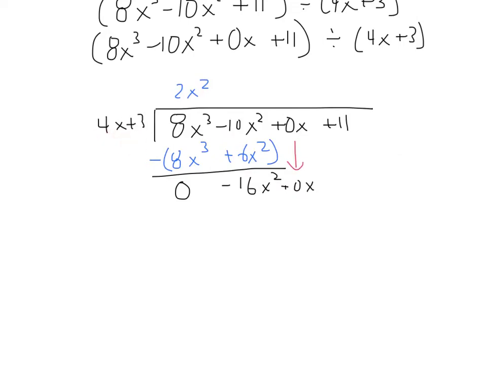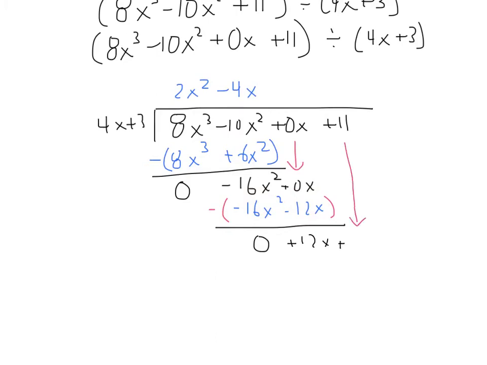How many times does 4x plus 3 go into negative 16x squared? That would go in negative 4x times. If we're multiplying negative 4x by this 4x plus 3, we get negative 16x squared minus 12x. Then we need to subtract this. What do we get from here? Negative 16x squared minus a negative 16x squared is 0. And then we have 0x minus negative 12x, which becomes plus 12x. Then we need to bring down